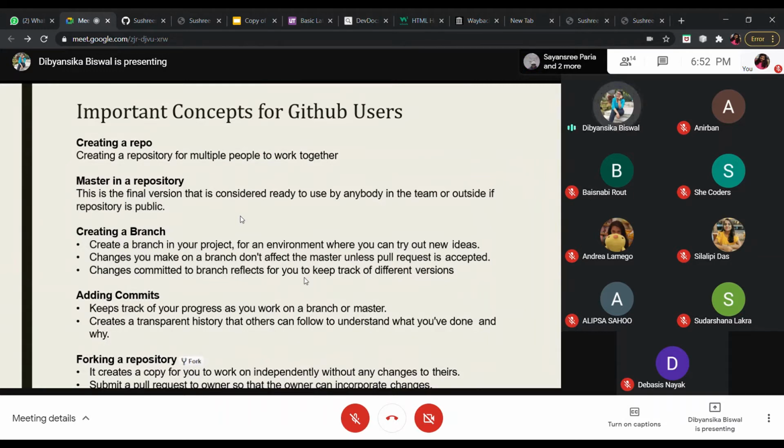It means you are taking a copy of the parent code. It creates a copy for you to work on independently without any changes to the other code. And if you want to let the owner of the parent code know about your changes, you have to create a pull request. We'll learn about pull requests next.